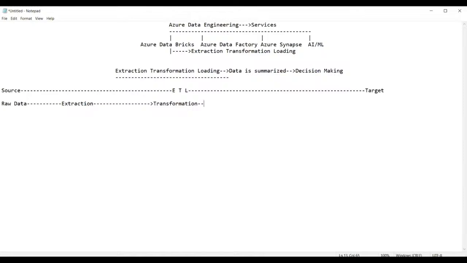Once the transformation is done, the data is finally prepared and loaded into the target, that is called the destination. Getting my point?